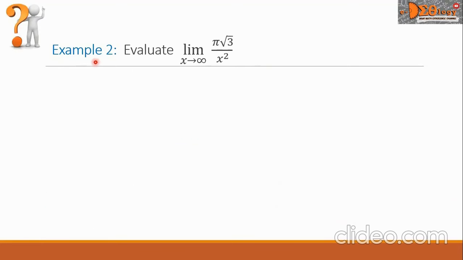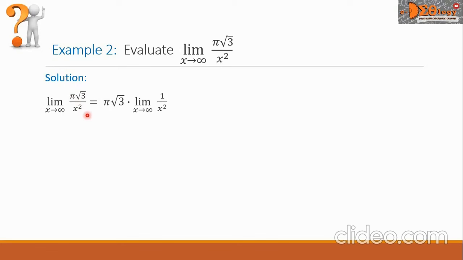Let us see this example 2. Evaluate the limit of the function pi square root of 3 all over x squared as x approaches infinity. For our solution, let us write again our problem, and then let us take note that our numerator here is a constant. By limit law, we can take this constant away while taking the limit of the function 1 over